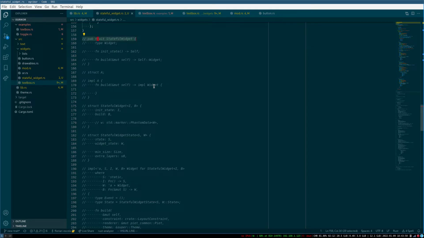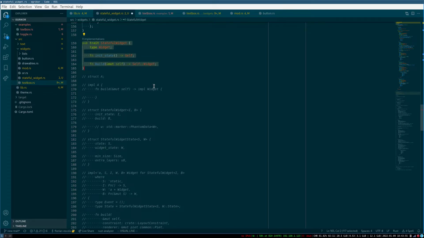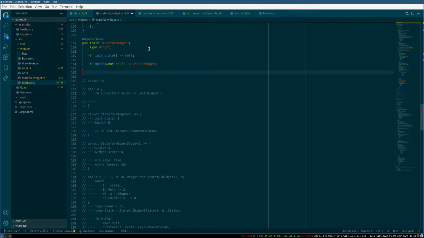The problem is we'd need something like impl widget on the trait itself, this isn't an issue, but